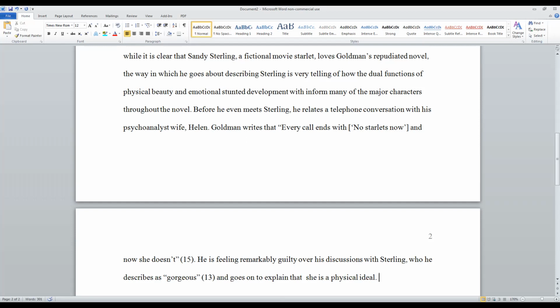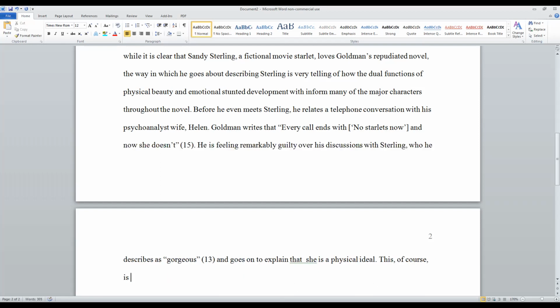This, of course, is in clear reference to his cunning and calculating wife, Helen,